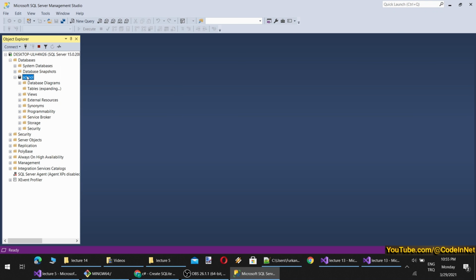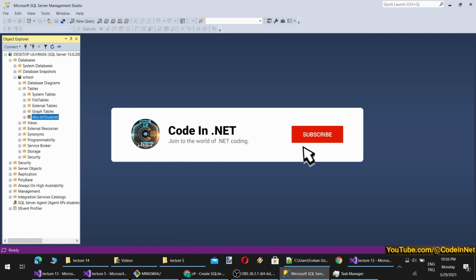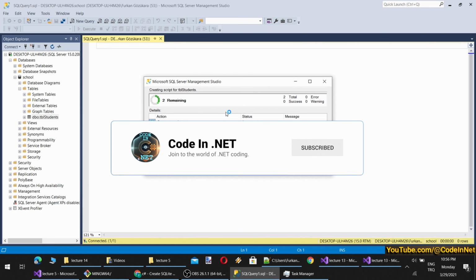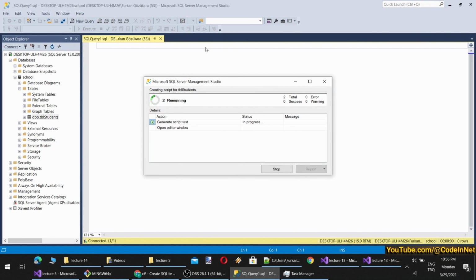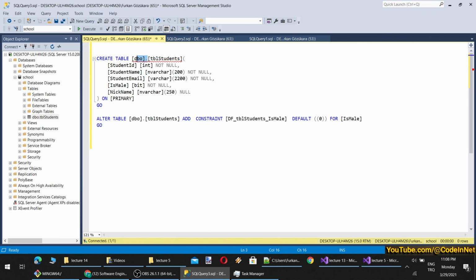Basically I will just right click, and there is script table as, create to, new query. There can be some specific things related to SQL Server, but overall it is the same for SQLite as well. So this is the syntax for Microsoft SQL Server. Let's try it on SQLite.